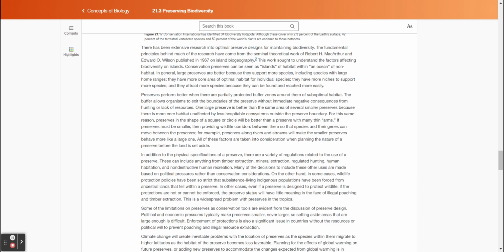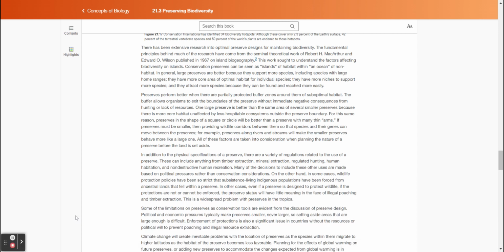For this same reason, preserves in the shape of a square or circle will be better than a preserve with many thin arms. If preserves must be smaller, then providing wildlife corridors between them is helpful, so that species and their genes can move between the preserves. For example, preserves along rivers and streams will make the smaller preserves behave more like a larger one. All of these factors are taken into consideration when planning the nature of a preserve before the land is set